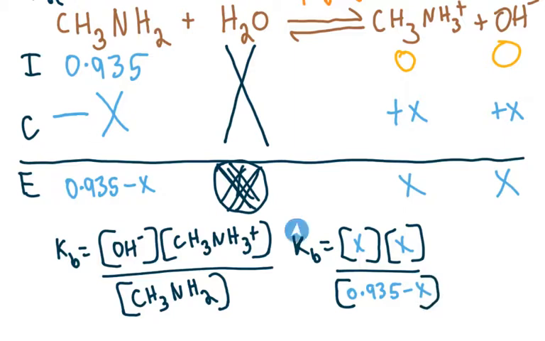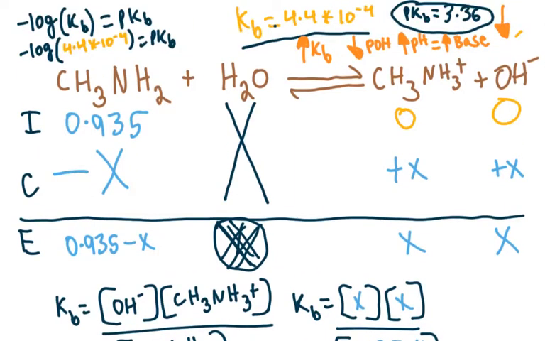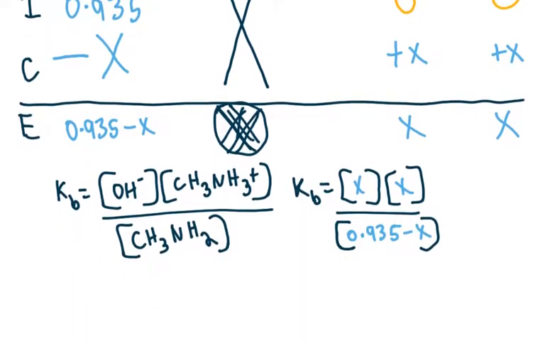Now we need the Kb value for methylamine, and it's right here. It's estimated about, the Kb value is about 4.4 times 10 to the negative fourth for methylamine. So let's go and write that down. 4.4 times 10 to the negative fourth equals x times x, which is x squared, over 0.935